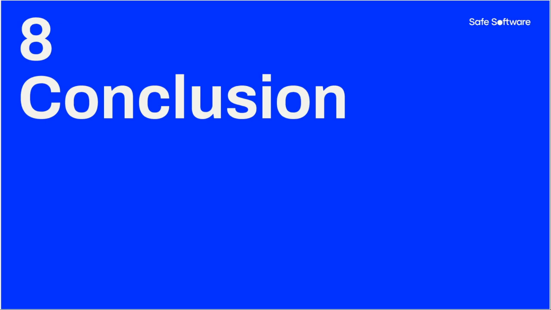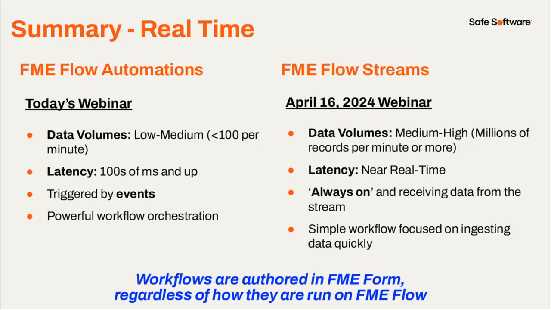So for sure, just showing all the things, our heads are exploding with thinking of all the ways we can use that. So we saw FME Flow automations. I won't say anything more because Stuart did a great job on this. And then the Flow Streams webinar, if you want to look more about that. The nice thing about FME, of course, is Workbench is where you build them all, whether you're doing a stream or you're doing automations, any kind of work with data. So you don't have to learn different tools to work with data. And if you started with an automation, then all of a sudden you realize the data was coming too quickly, you can, with little effort, move it over to be a stream. So there's lots of great things you can do there.